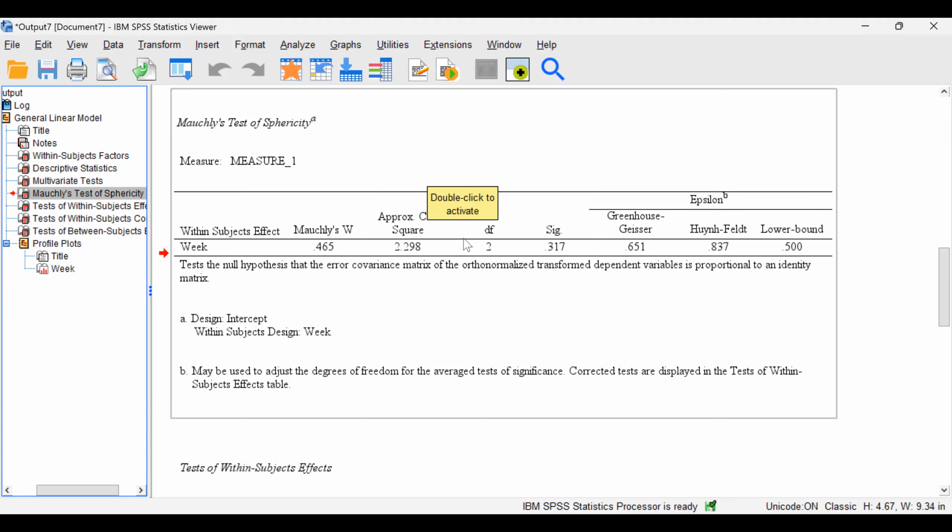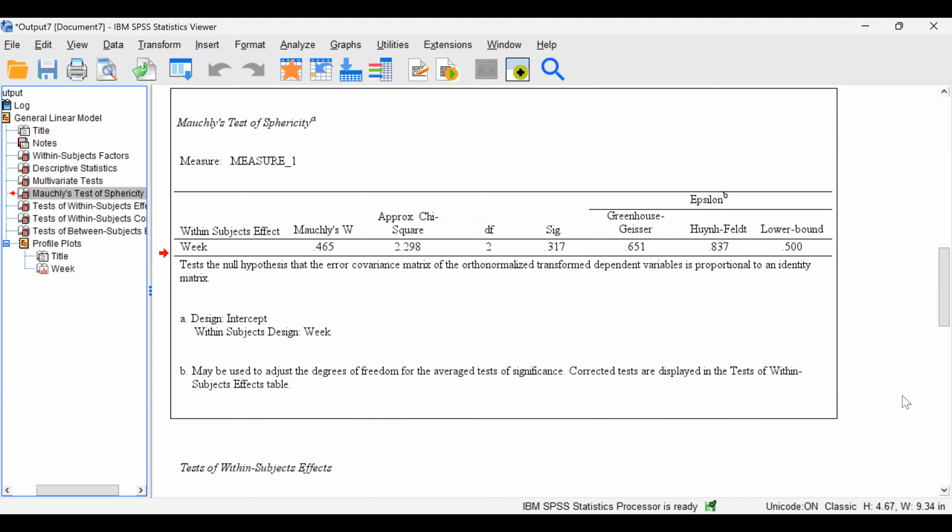With the sphericity test, we look at the sigma value. If the sigma value is larger than 5%, the assumption is met, and the correlation is the same across the conditions, which is the weekly training here. If this assumption is violated, we use the epsilon to adjust the degrees of freedom. In this example,